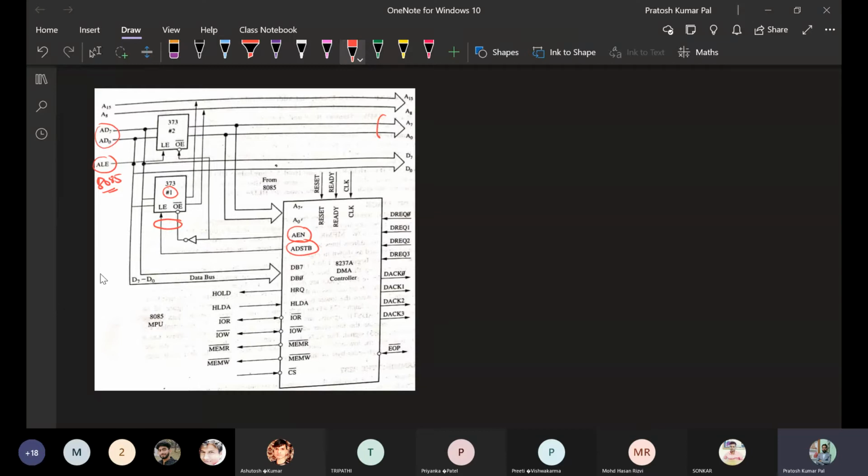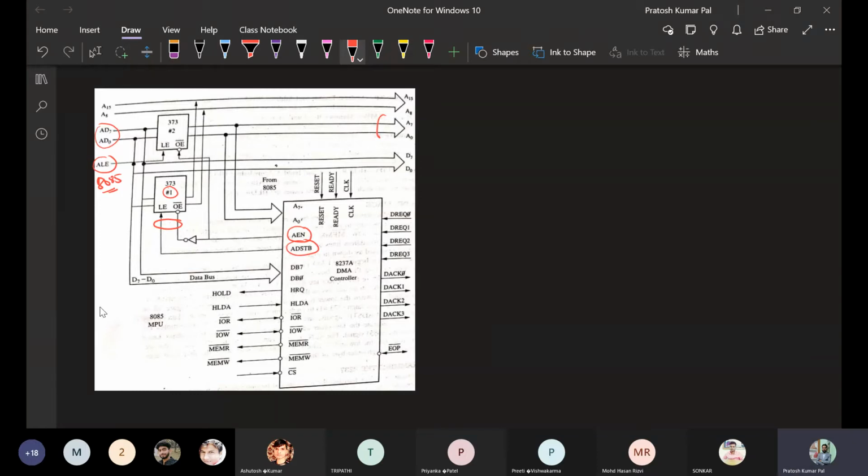Okay, and the lower address lines will be activated by ALE and AEN, and the higher address lines will be activated by the address strobe signal and AEN. That will be activating this, and that will be connected here. So the lower address and higher address can be activated by the 8237 only.